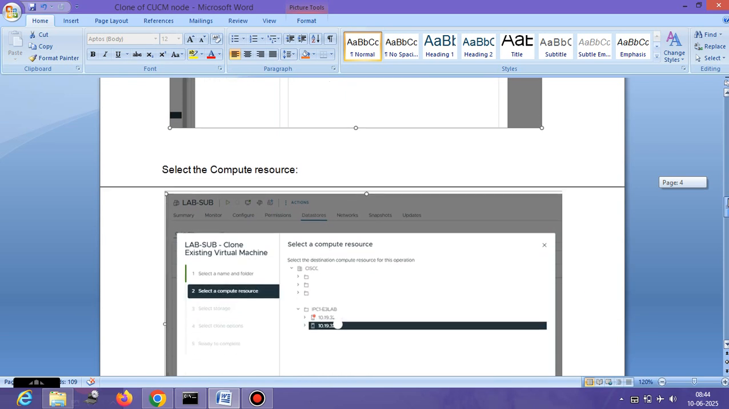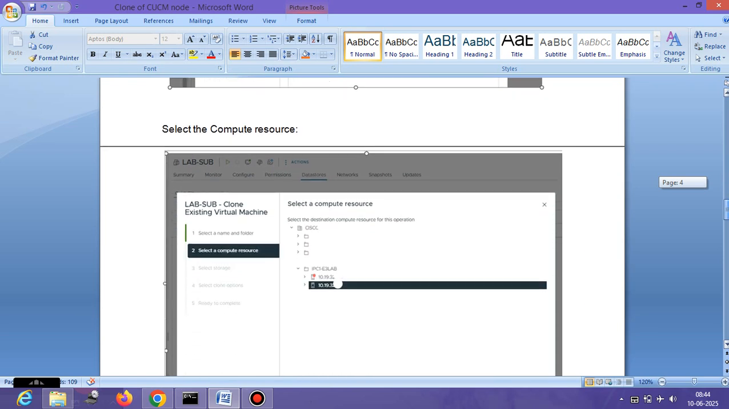So you have to select that, and after that you have to select the resource. Resource means the ESXi machine. For example, in my lab, I have two ESXi, correct? And I'm looking to deploy that new ESXi cloned version on this server. So I have selected this one,